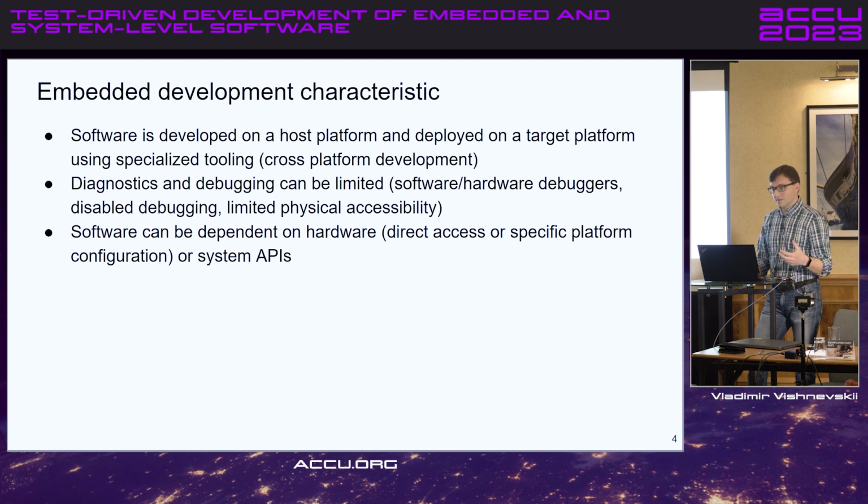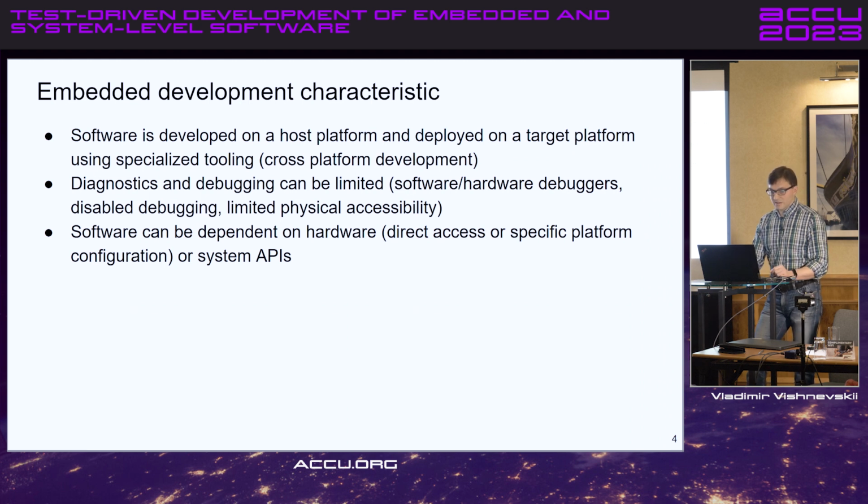So we have software that is developed on a host platform and deployed on the target platform. This is cross-platform development. We also have some limited diagnostics and debugging possibilities. We can have specific limitations that are introduced on purpose to limit access to the system. We can have a system that is physically hardly accessible. We can also just have complex technical solutions to get some debugging capabilities. And also, what is of course often the case, the software can be just dependent on the hardware